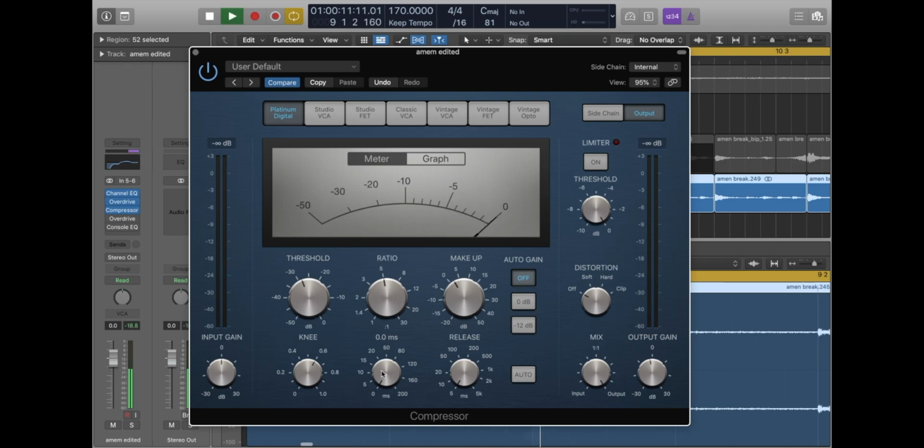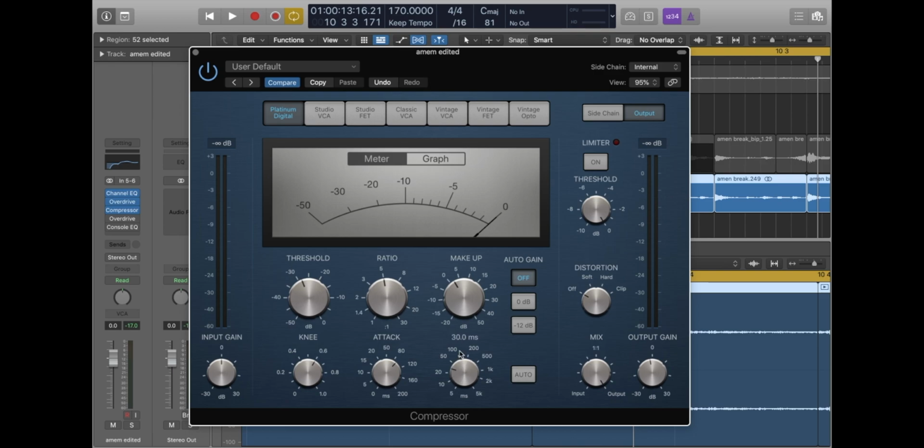So at 0, it's compressing instantly. Here, the starts of those drum hits are coming through, and there's more punch to the sound. Really, just do that to taste. It takes a long time of messing around with these things to be able to hear that stuff. But as a rule, with drums, you want a fairly slow attack, and your release then is how quickly